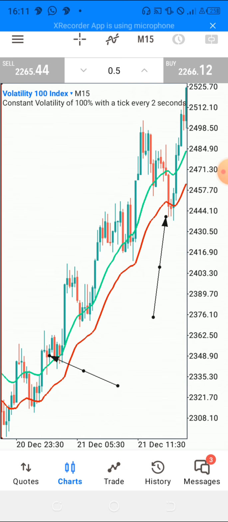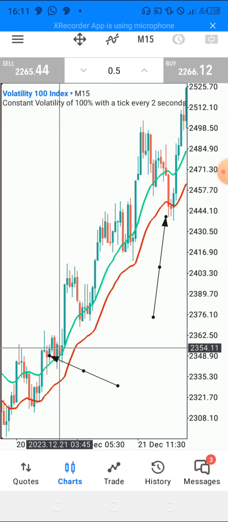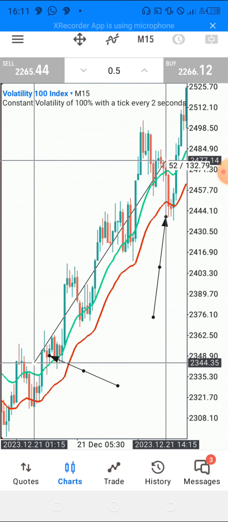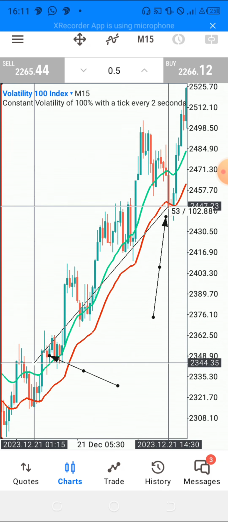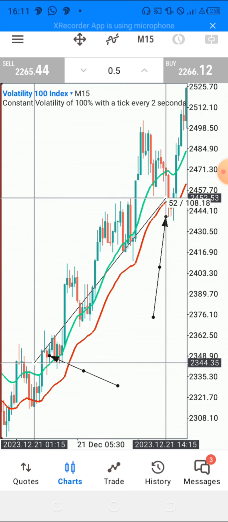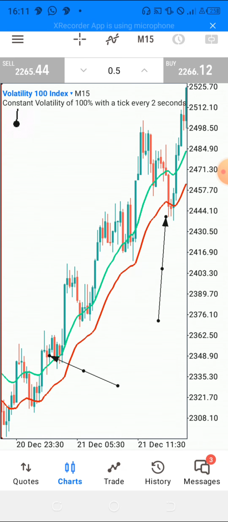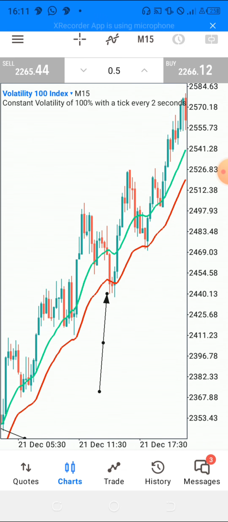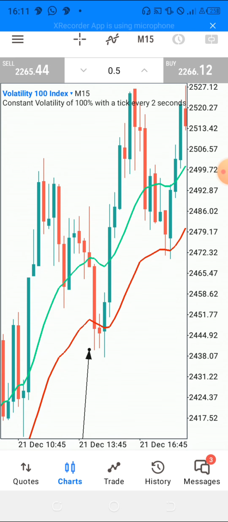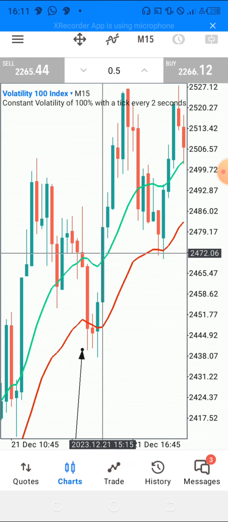at this level. You can see your entry is here, and you're going to move up and target this level. So this is where you exit. So basically this is how you buy using this strategy, and then you can wait again for another entry. We can see price then at this particular level, price then closed above again the green line, which was at